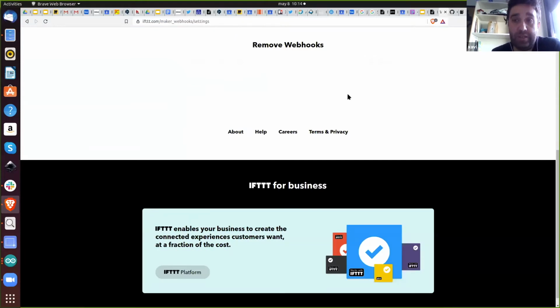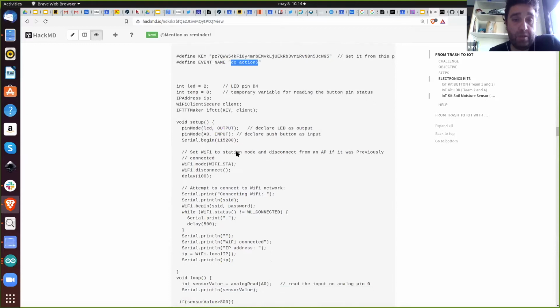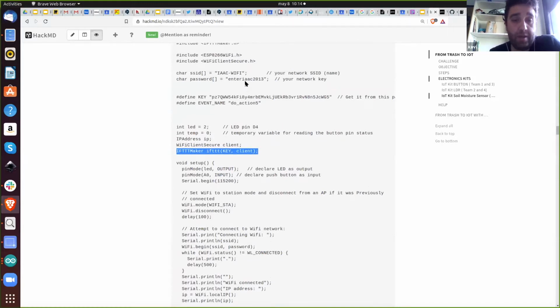Okay, so just copy, paste it in the code, and then if you remember at the beginning, I defined an event name. In that case, do action 5, but you should put the same event name in the IFTTT as in the code. Okay, and that's all. Create an object with the key and the client, and then